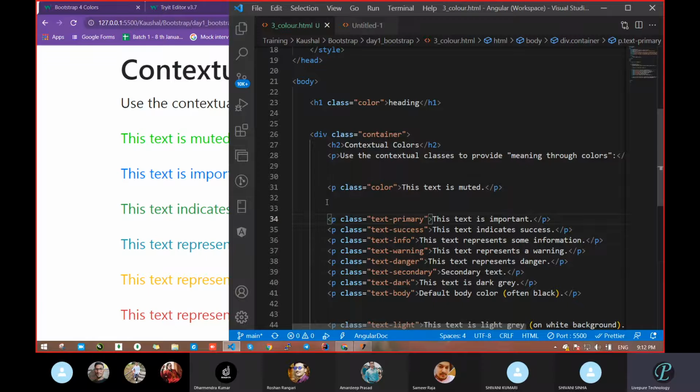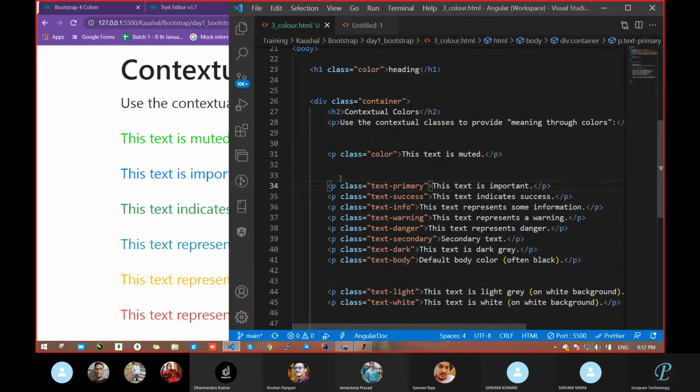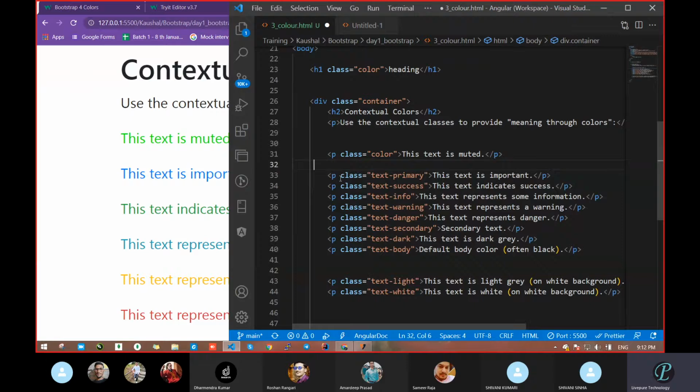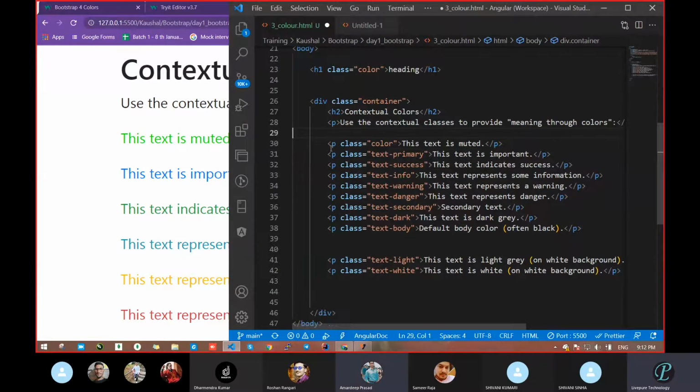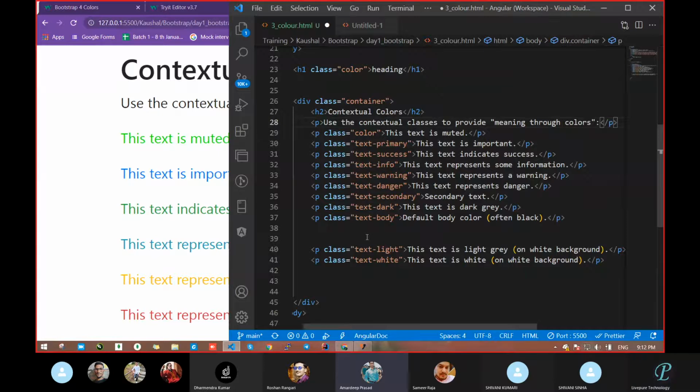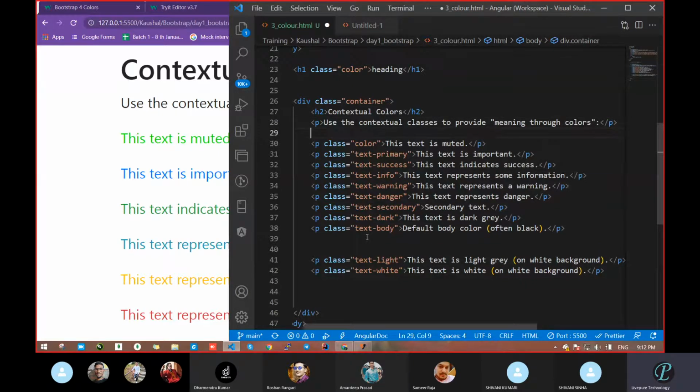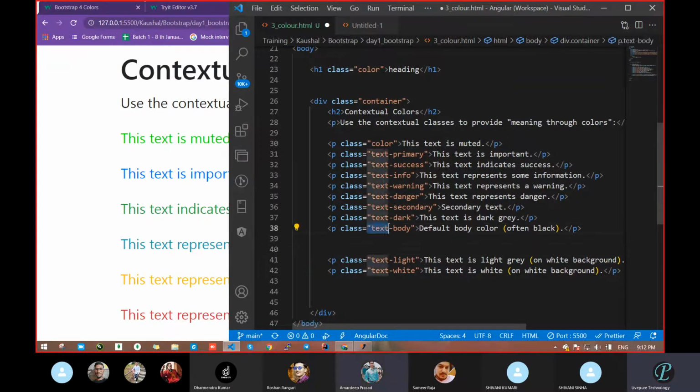For button also we can take, but that is a different thing. That's why we have not gone there. In button, text will not work, but something else will work. Here text is the main class, and in the button section, button will be the main class. So this is text. That's why we take text, and whatever color you want, you pass.